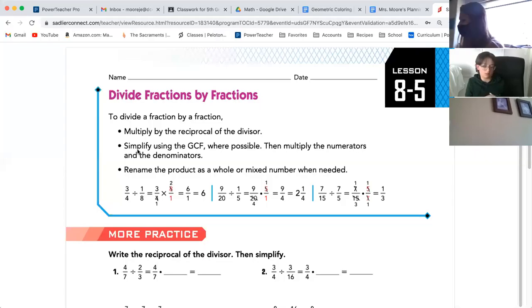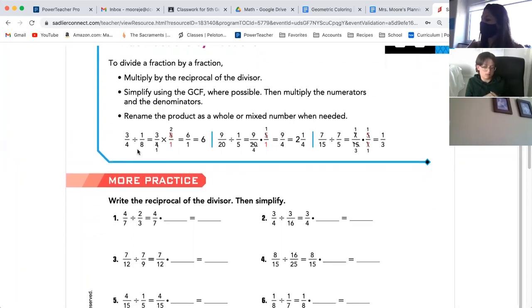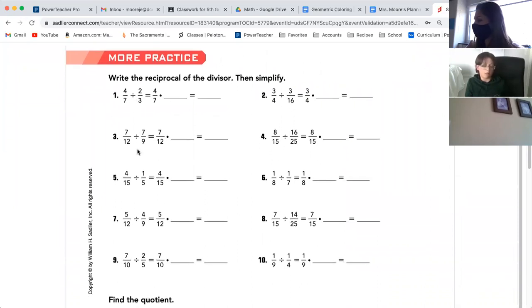So we've just been working a little bit with an introduction to the section. Sorry, just pressed record now, but we have plenty of examples coming your way. I'm going to be annotating directly on your workbook page. And you can see that the workbook is guiding you through rewriting the division problem as a multiplication